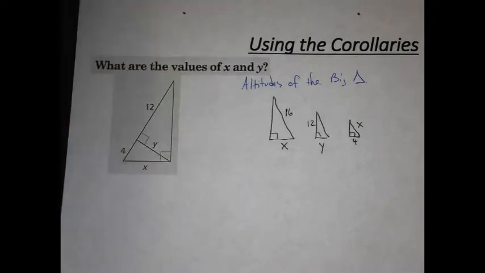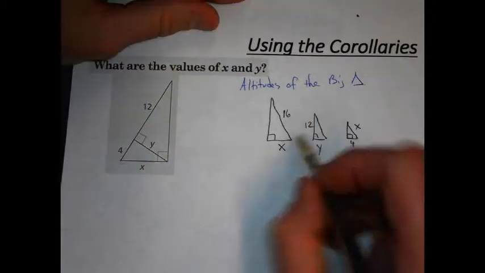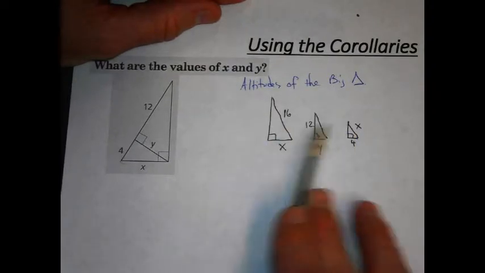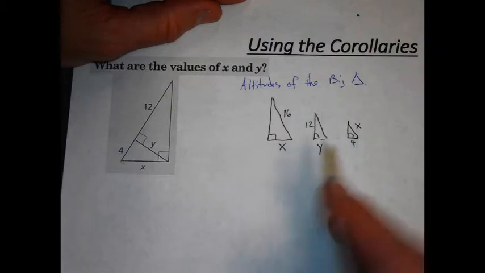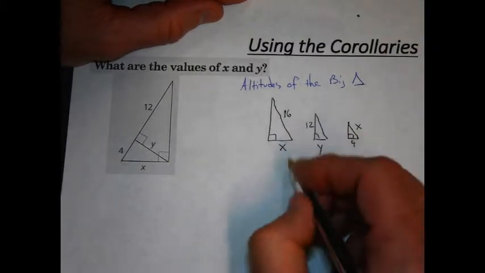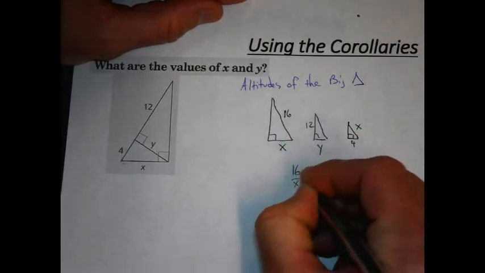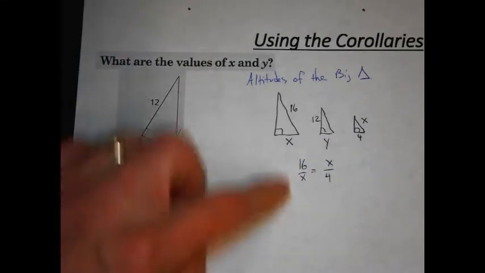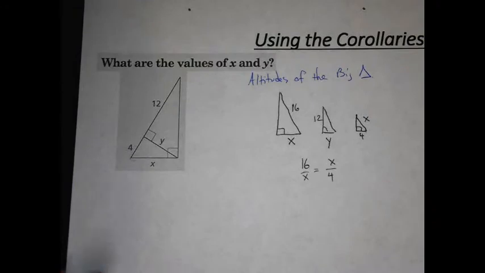We can solve for x and y. We can look at an example here. Which two triangles have x's with the hypotenuse and the short leg? We could see here that 16 to x would equal x to 4. Then we can solve for x that way, and once we do, we could have a relationship with y. Or, if you recall the little shortcut,